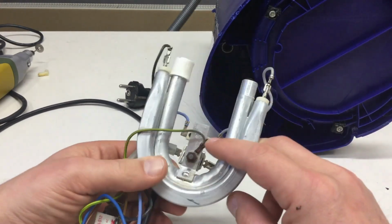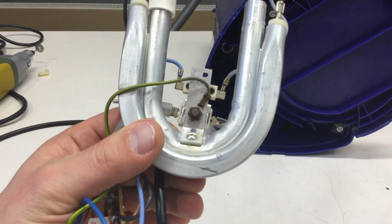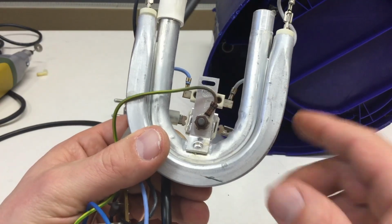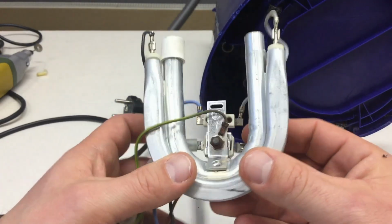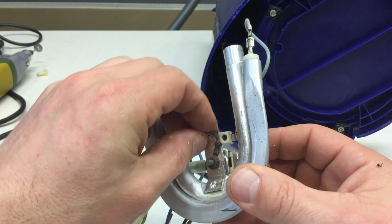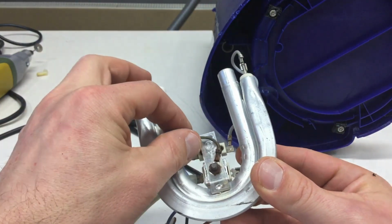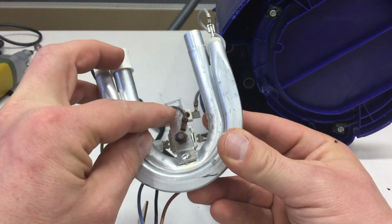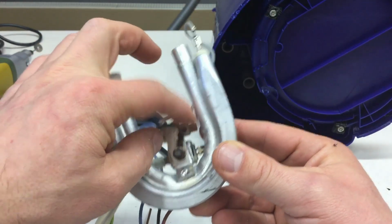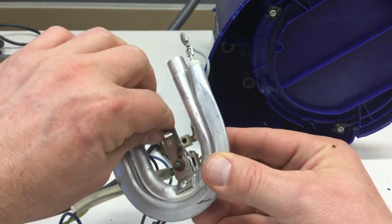Oh, can you see that corrosion? Yeah, that's earth. And yeah, that is brittle as hell, brittle as hell and all rusted. You see the insulation is basically peeling off as I...